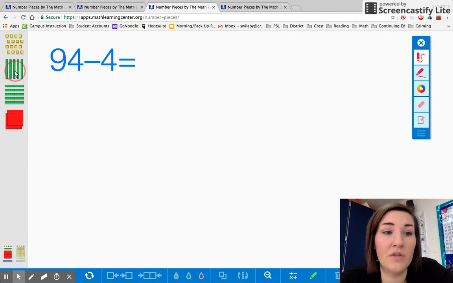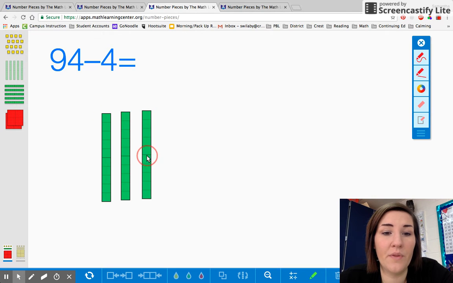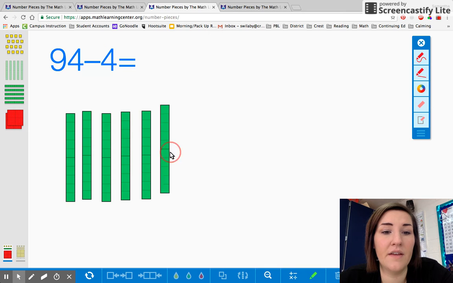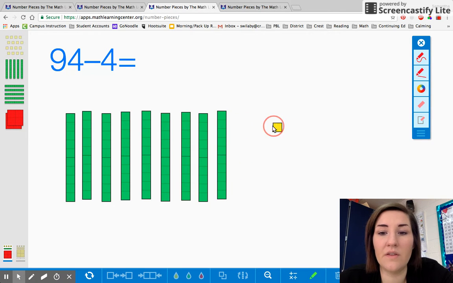To help ourselves, we can use our base 10 blocks. I see a 9 in the tens place, so I'll need 9 tens. 1, 2, 3, 4, 5, 6, 7, 8, 9, and then a 4 in the ones place: 1, 2, 3, 4. So I have 94 represented here with my base 10 blocks, and I want to subtract